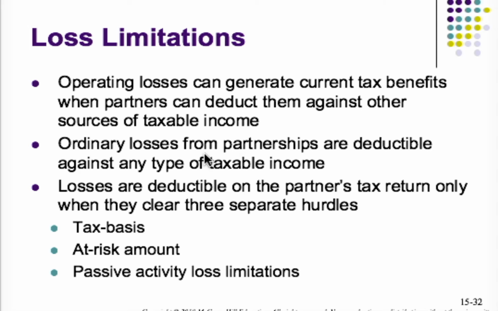So if the partnership had a loss and that is coming through to the individual partner, and the individual partner had some other income that is totally unrelated to that, say maybe from just a salaried job somewhere else,